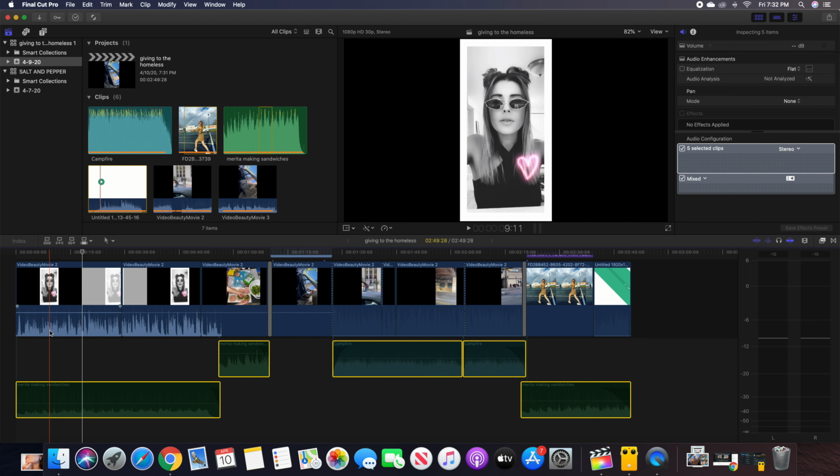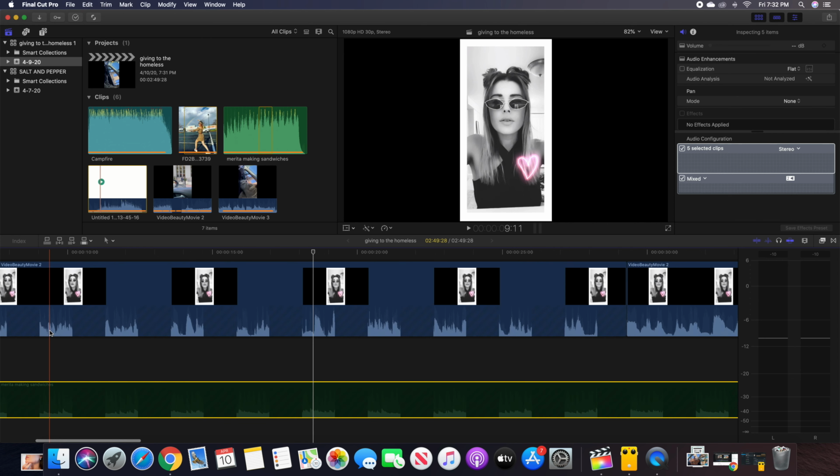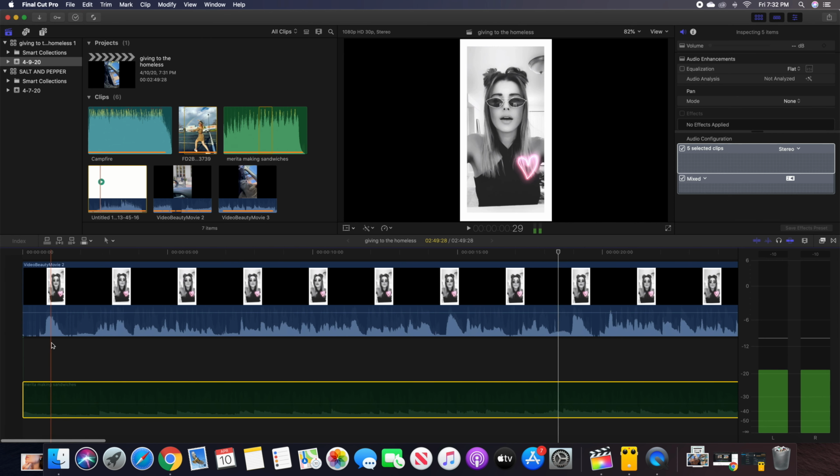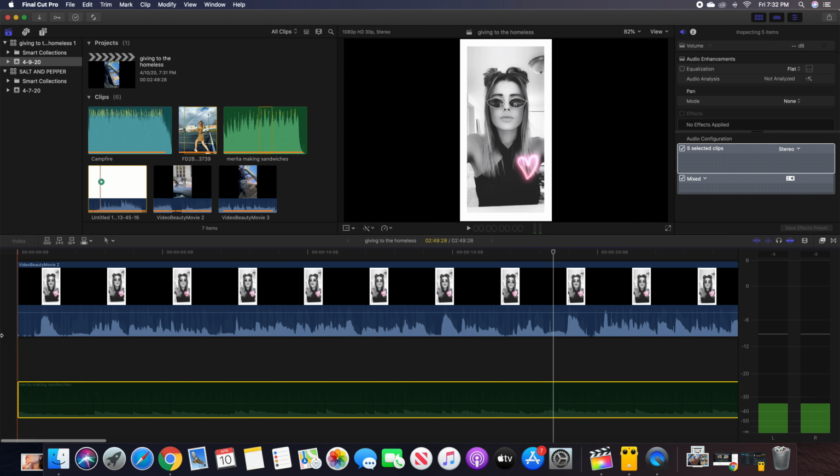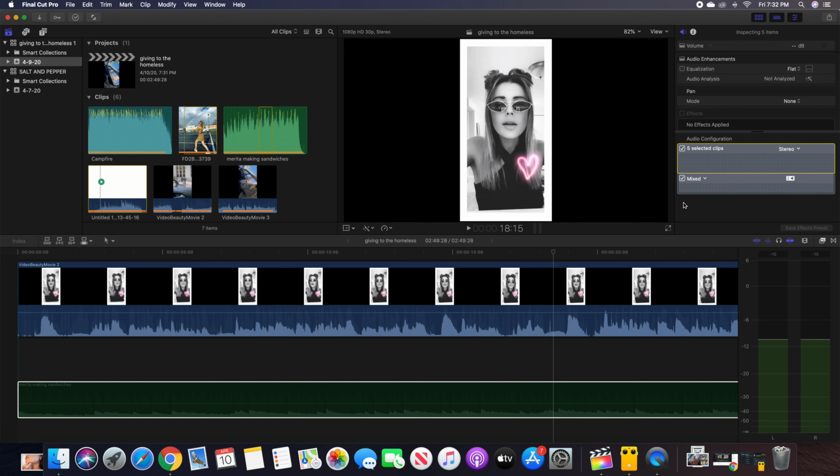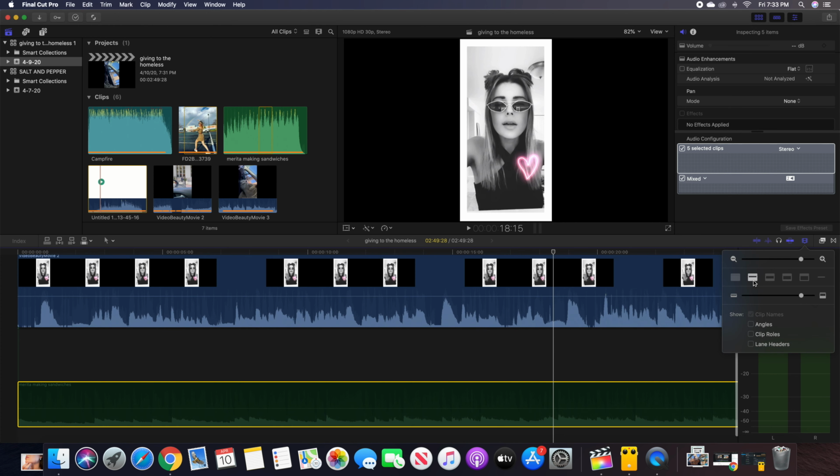You can use Command plus to zoom in so you can have a better look at what the wave file actually looks like. Another way to get a better view is to come right over here on this side. You click on this right over here and you'll have different views